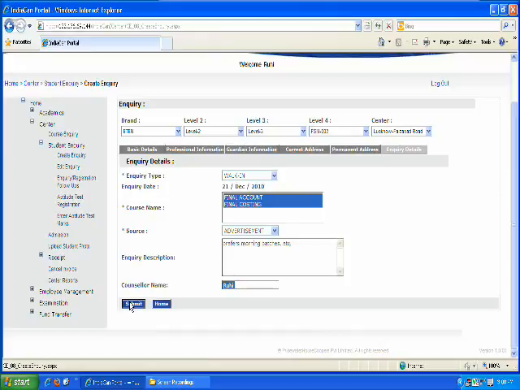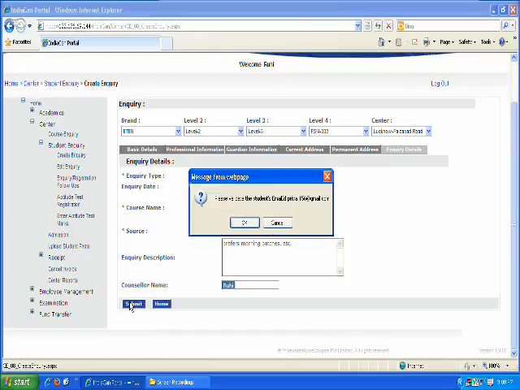Lastly, after mentioning all the details, click on submit. A confirmation message comes by which the system validates the email ID of the student, whether it is correct or not.